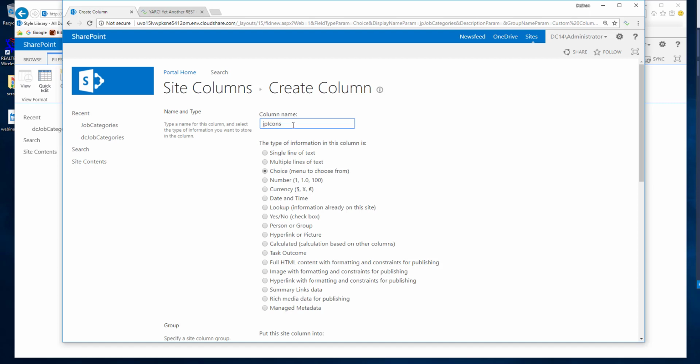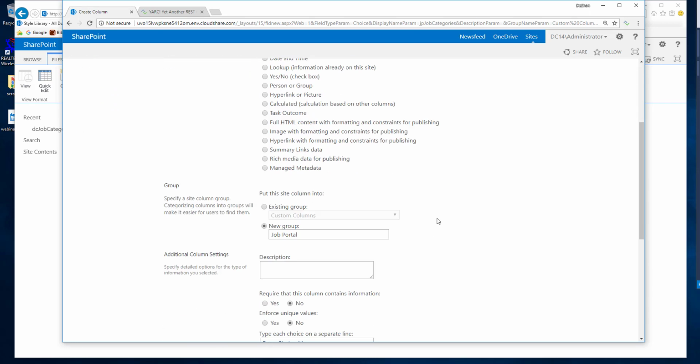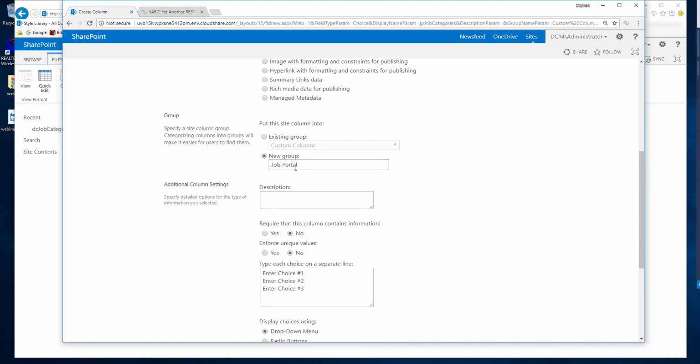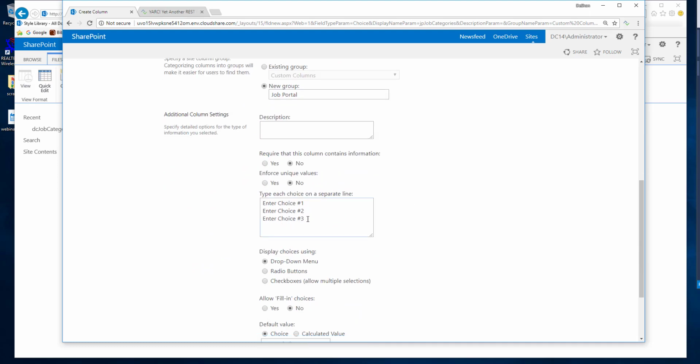And the cool thing about the columns is that this has both an internal name and a display name. So once we create this, we can change the display name without affecting the REST API calls because it will use the internal name. So job portal, we put this here, and then for icons, let's just start this with, actually